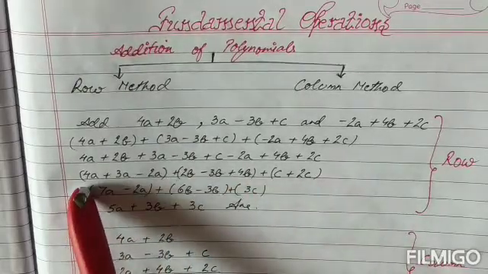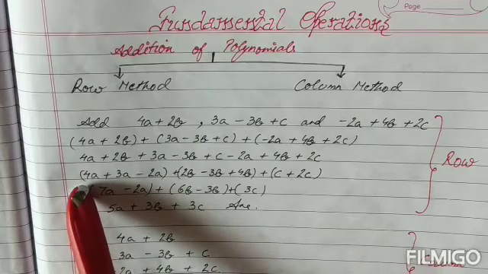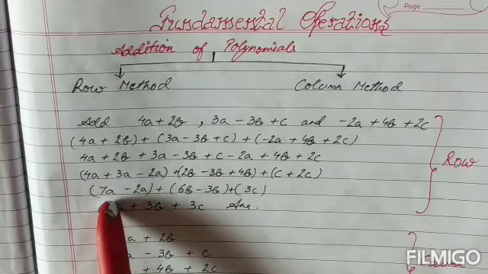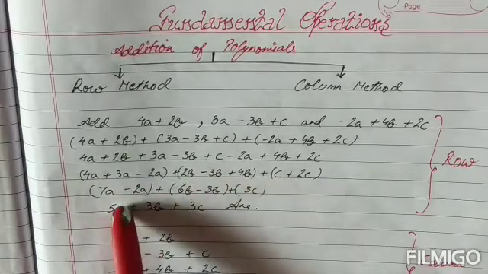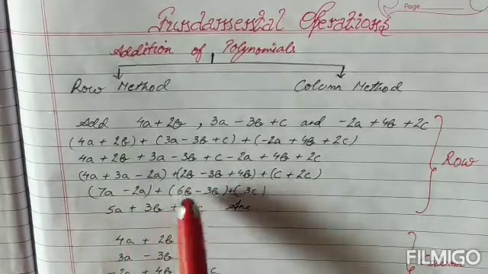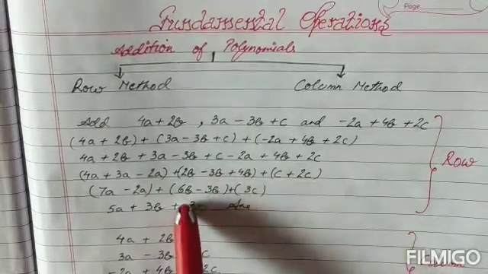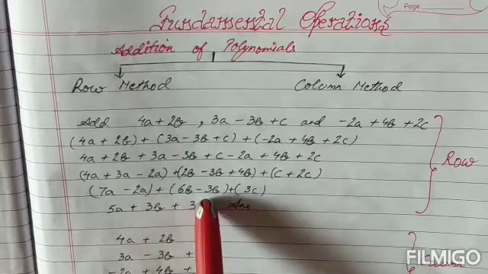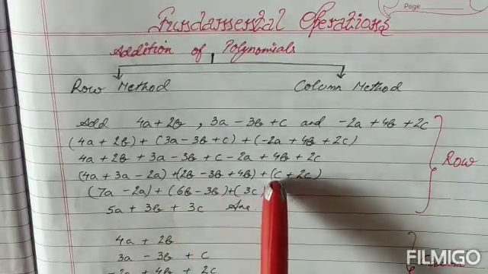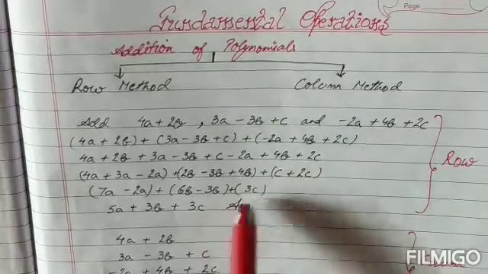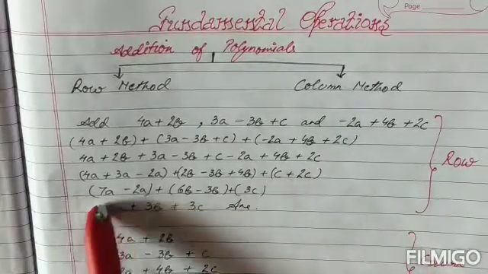Now when no sign is given before 4a, we know it's a plus. So plus 4a and plus 3a will be added together to give us 7a, and then minus 2a. Similarly in the second bracket, no sign before 2b means it's a plus. So plus 2b plus 4b will make it plus 6b, minus 3b. And then over here there is no sign, that means plus again, so add both of them, it gives us 3c. Now in the next step we are going to further solve these.